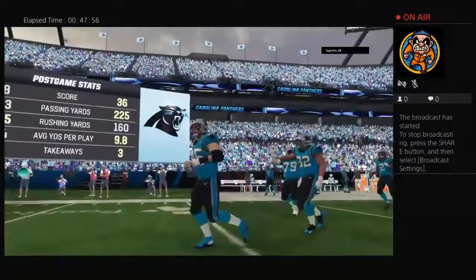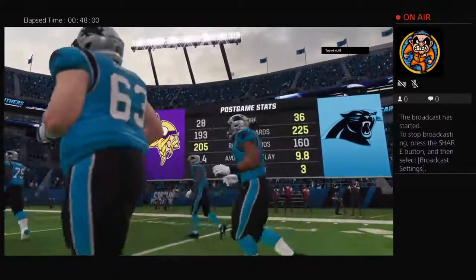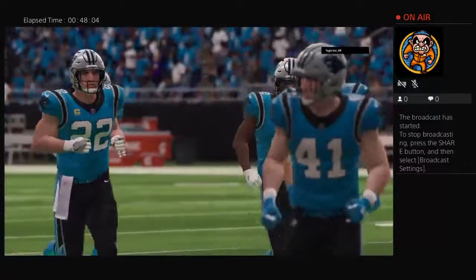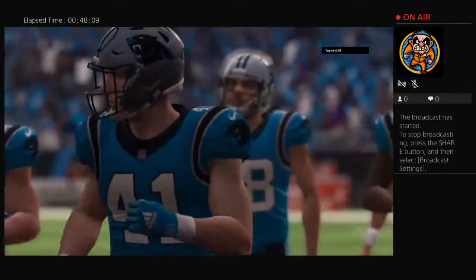So for the Panthers, it's a much-needed victory as it gets them back to 2-4 on the year. And they will hit the road next week to take on the Detroit Lions. Meanwhile, for the Vikings, the losses are piling up as they drop